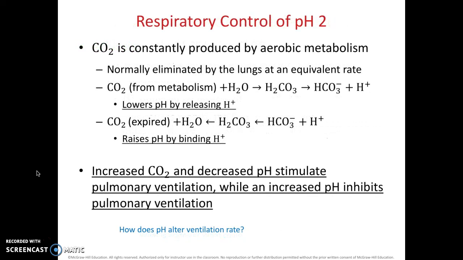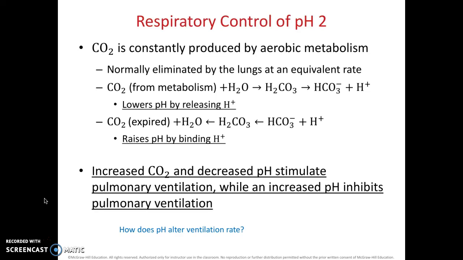Goodness, okay. So carbon dioxide is constantly being produced by aerobic metabolism. This is just normal metabolism, and usually it is eliminated by the lungs at an equivalent rate that it's created. Carbon dioxide from metabolism lowers pH by releasing hydrogen, but carbon dioxide can also raise pH by binding hydrogen. This is why it's a buffer. I don't expect you to know these equations, but I do want you to know that carbon dioxide can both